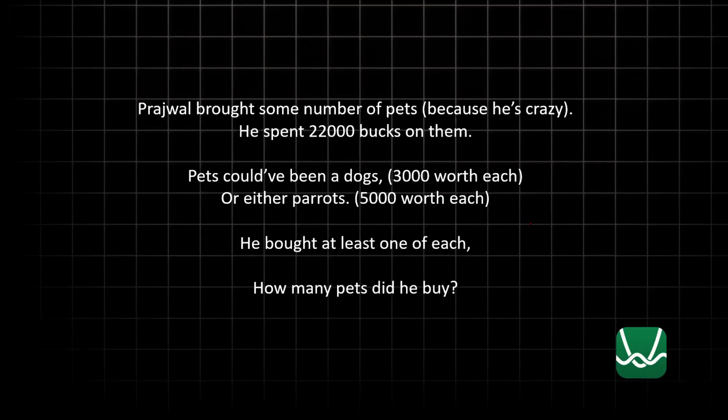Let's call dogs as X and parrots as Y for some reason, and no offense to all the dogs out there. 3X plus 5Y is equal to 22. Agree with this? Everything is in 1000 units, K units. But I need to know how many pets I bought, so I'm trying to find X plus Y is equal to what? Basically that. Now, the way I solved it using Desmos is the following.